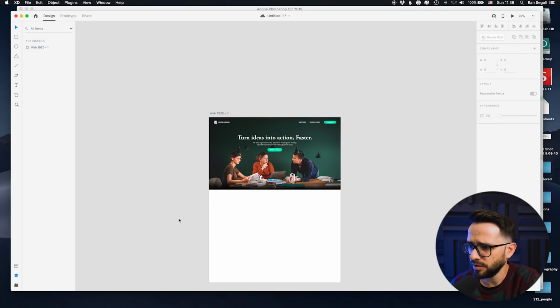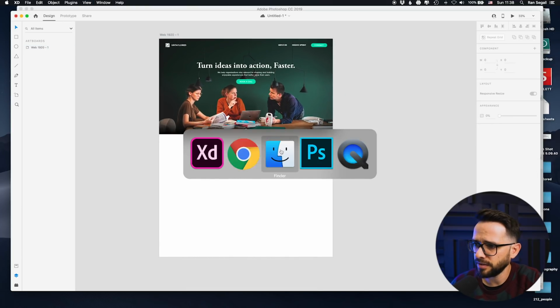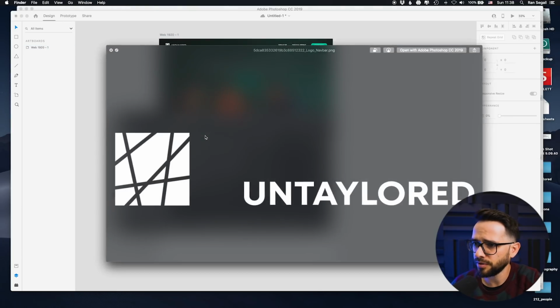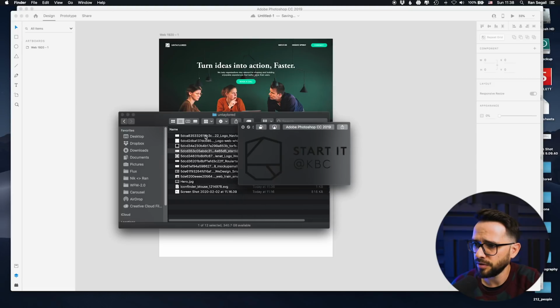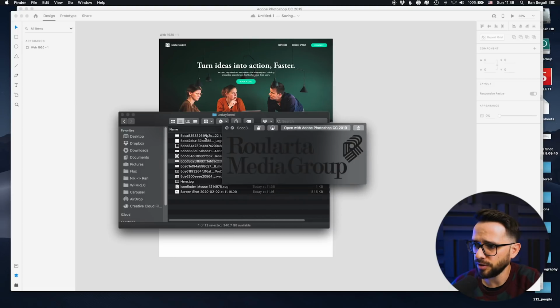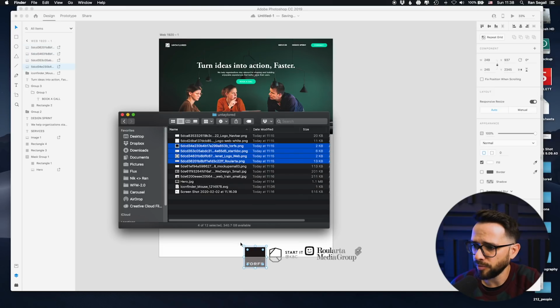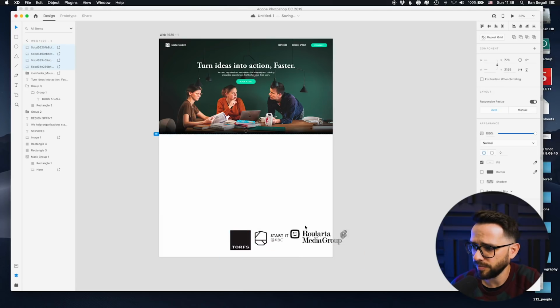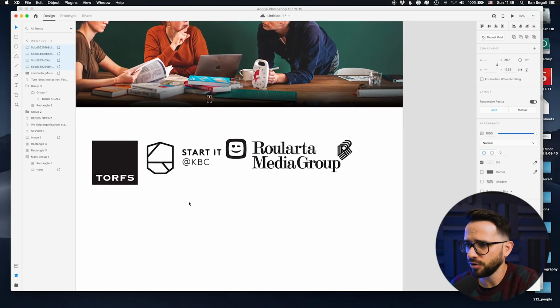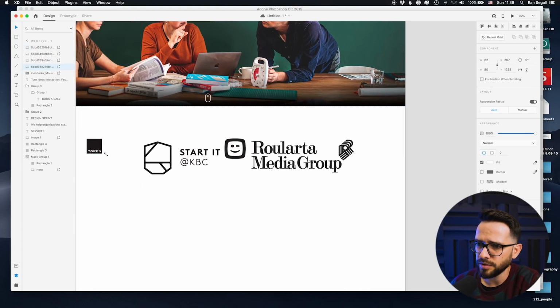Make it longer. And then let's see if we have the logos here. So those are the logos. 1, 2, 3, 4, 5. Okay, check. Let's drop them all here. Okay, so I would take these logos, obviously make them smaller and